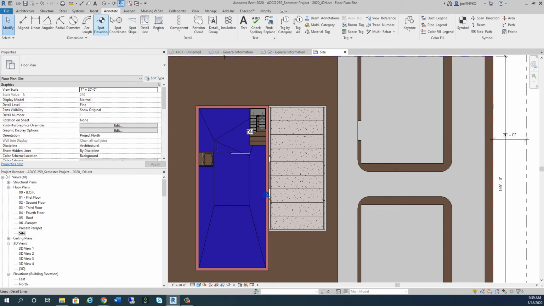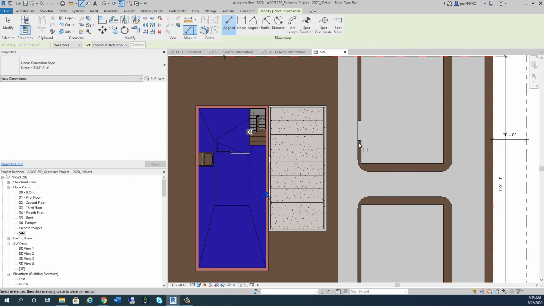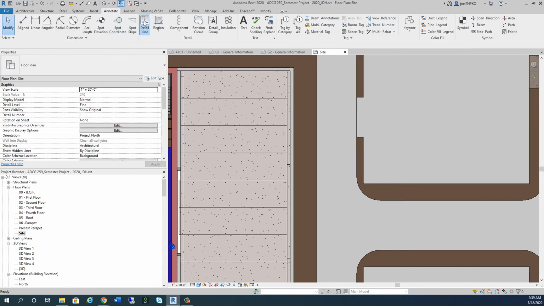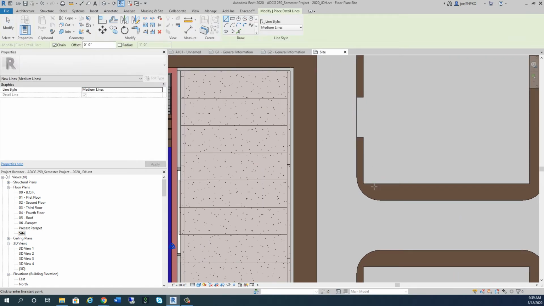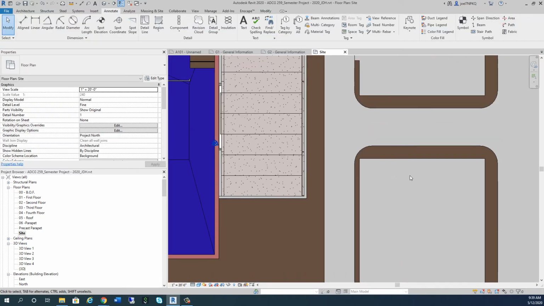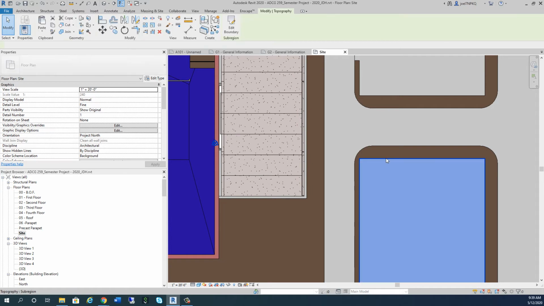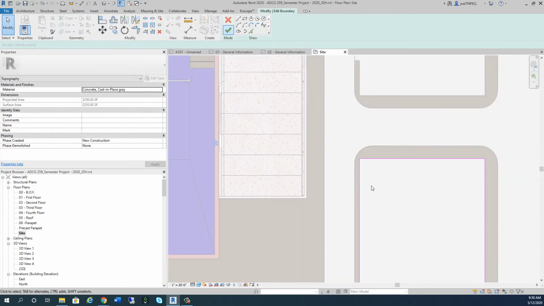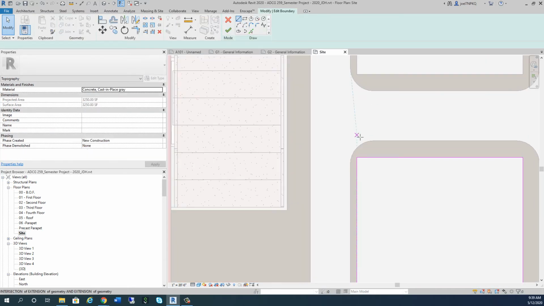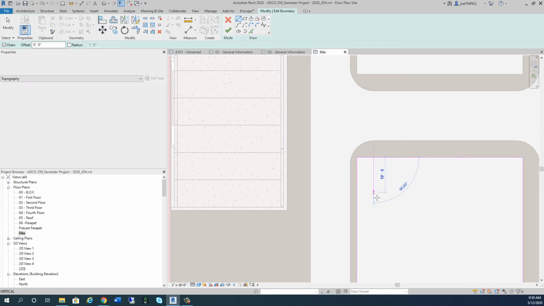Well, if I can get a detail line off of here, which I should be able to. I know I made it 14 feet from here to here, right? And that's the tough thing about subregions. You can't really snap to them or measure from them until you're in the editing mode. So let's do that on the other side right quick. I can edit this subregion, right? And now I can come in here and say, come off of here 14 feet,